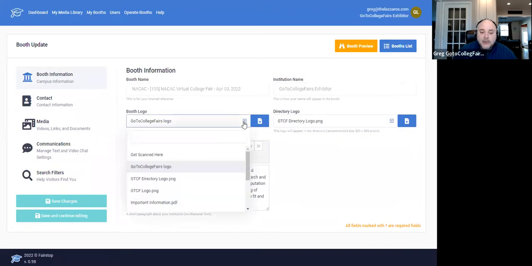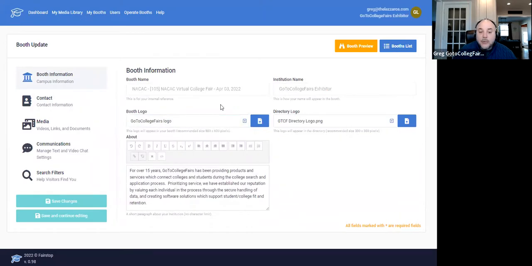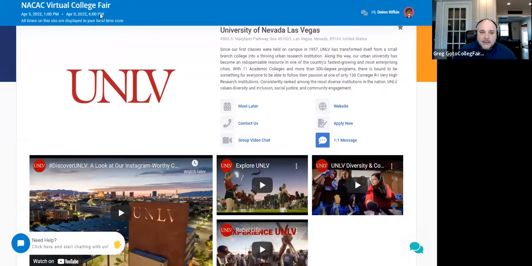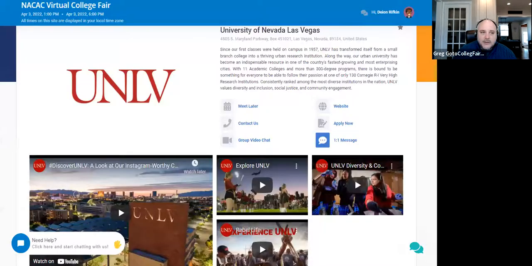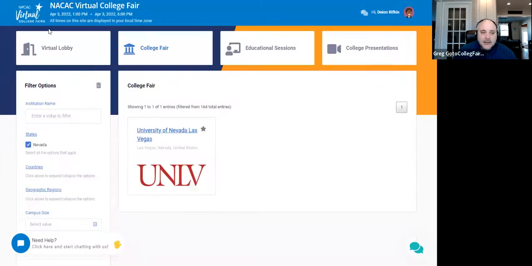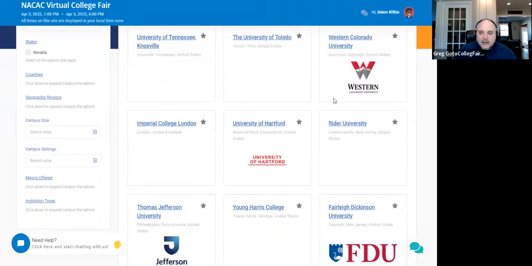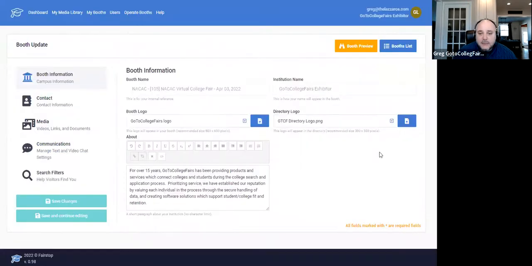Your booth logo is what's going to display in the booth, so in here. And your directory logo is what's going to display here. So if I remove the filters, I see the logo as it will appear in the booth. Many times you can make that the exact same file.